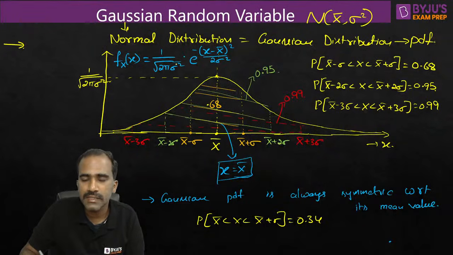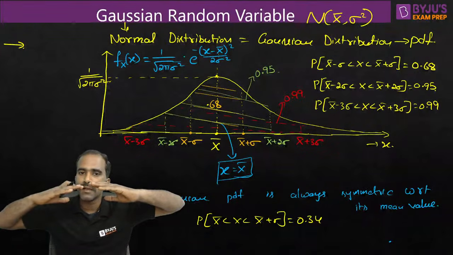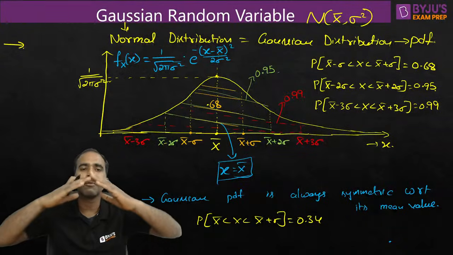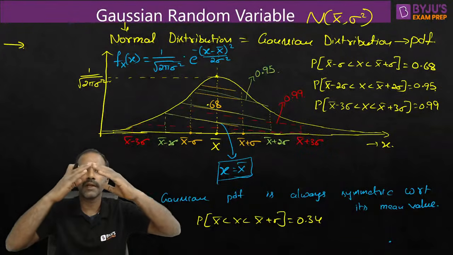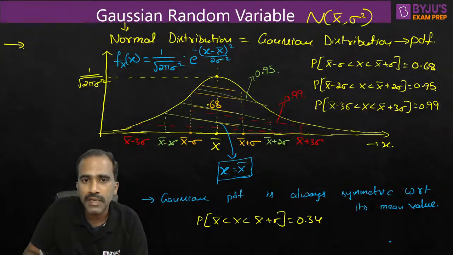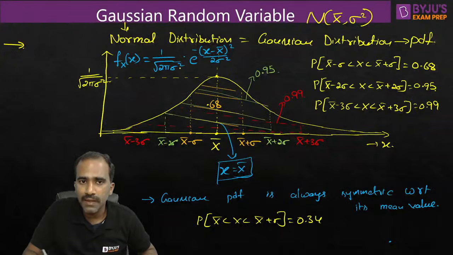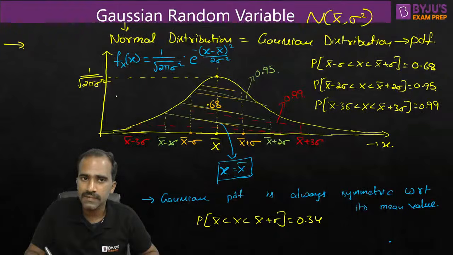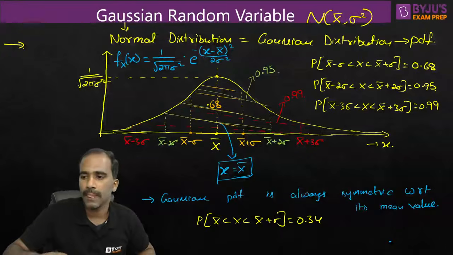As standard deviation increases, what happens? The curve becomes wider. But as the curve becomes wider, area should still remain 1, because if it is a PDF, area should remain 1. As the curve becomes wider, height should reduce so that the area will become 1. Because if the height does not reduce, only the width increases, area will increase. So that's why, see this one. As sigma square increases, width increases, it becomes wider. Because you can observe that outside also there is sigma square in the denominator. As sigma square increases, the height decreases, and width increases, and overall area remains 1 only.